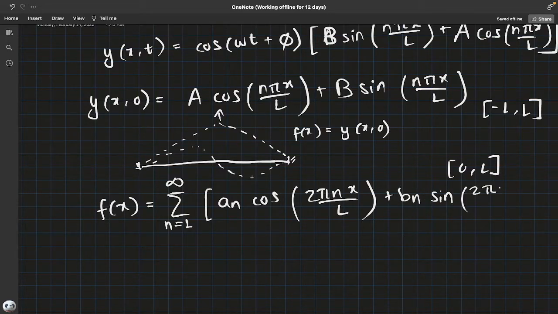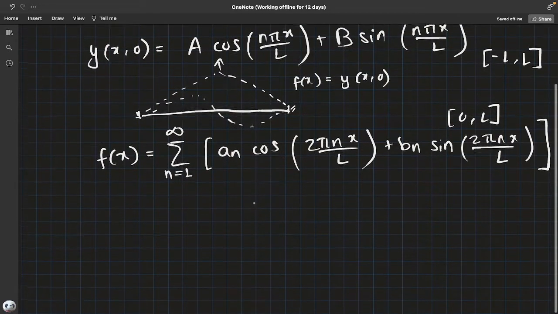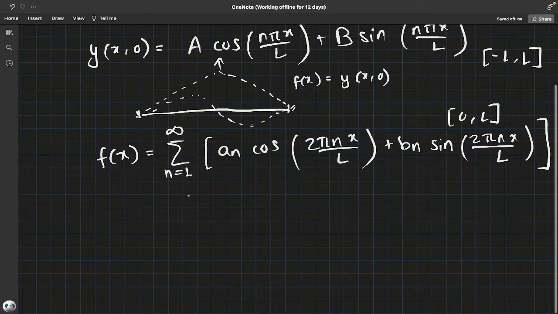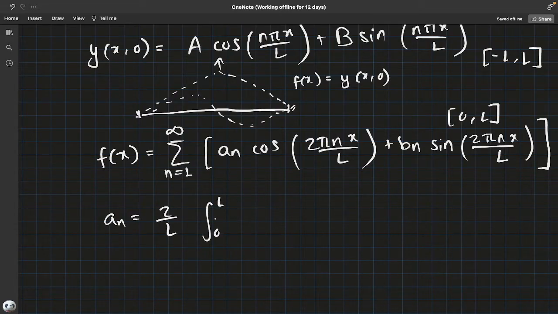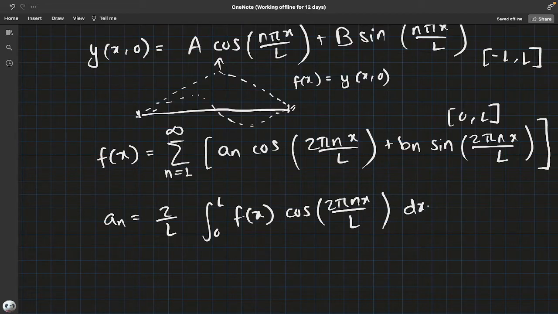So I'm using the same idea of summing over different wavelengths for the sine as well. And now one interesting, curious property rather, is a_n can really easily be found. It's not so hard. I mean, the integral is hard, but the task just becomes way simpler. Because what you do is you multiply f of x by the exact same factor and then integrate it over the entire interval.